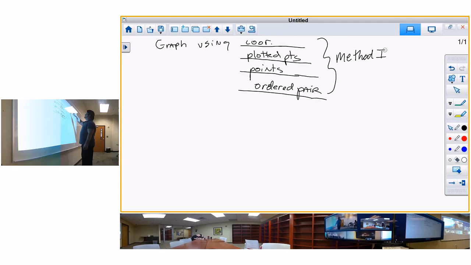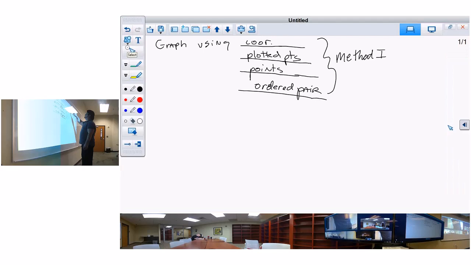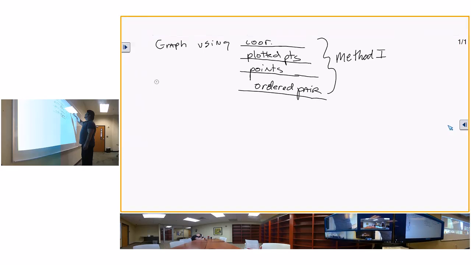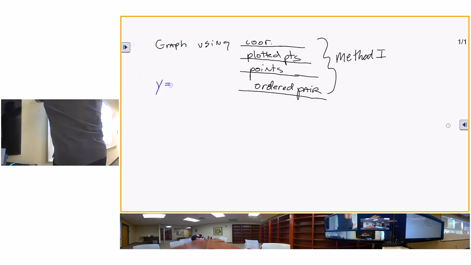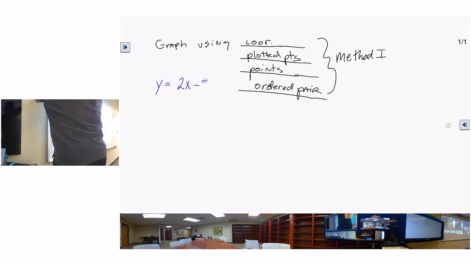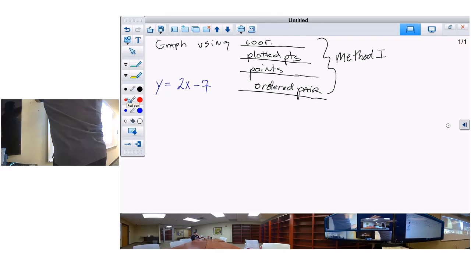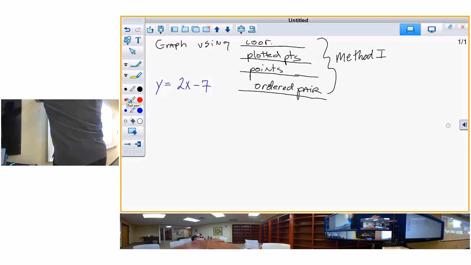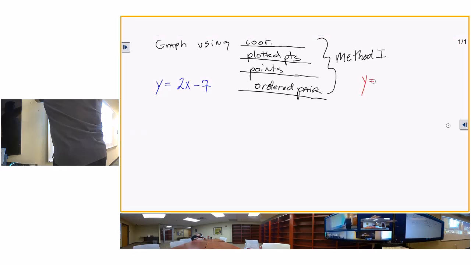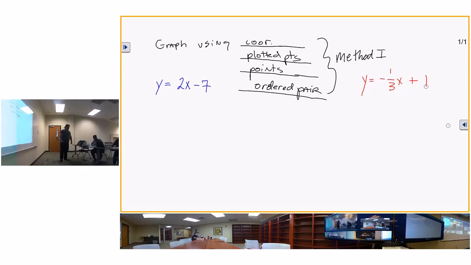And method 1, I'm going to give you 2 examples. We'll do one in blue: y is equal to 2x minus 7. Then we'll do one in red: y is equal to negative 1/3 x plus 1. So with that method that I showed you on method 1,